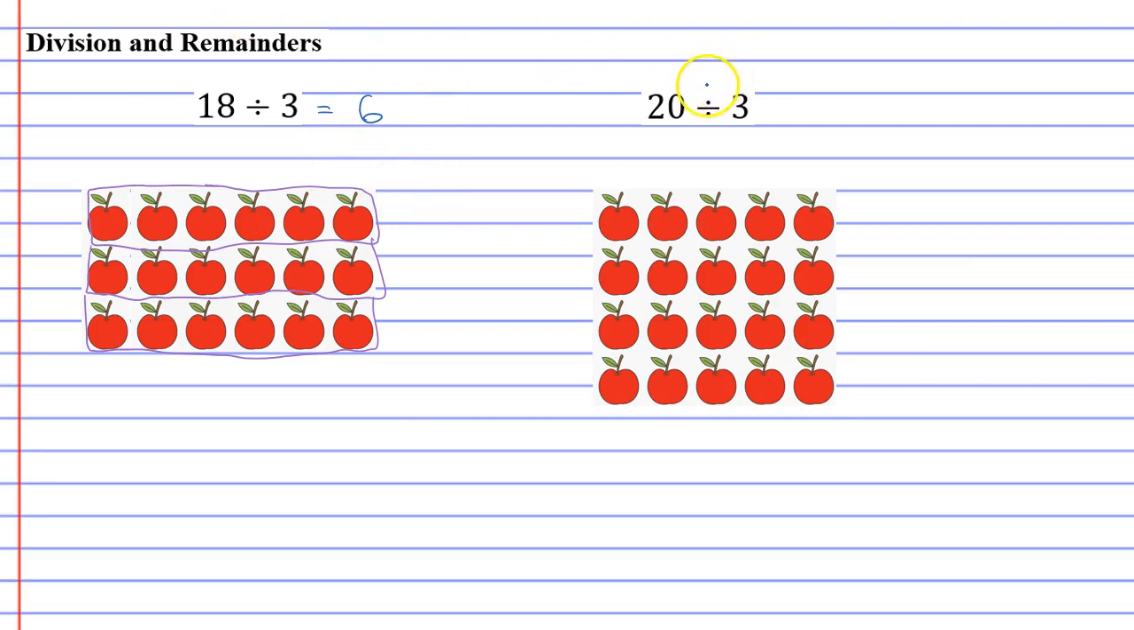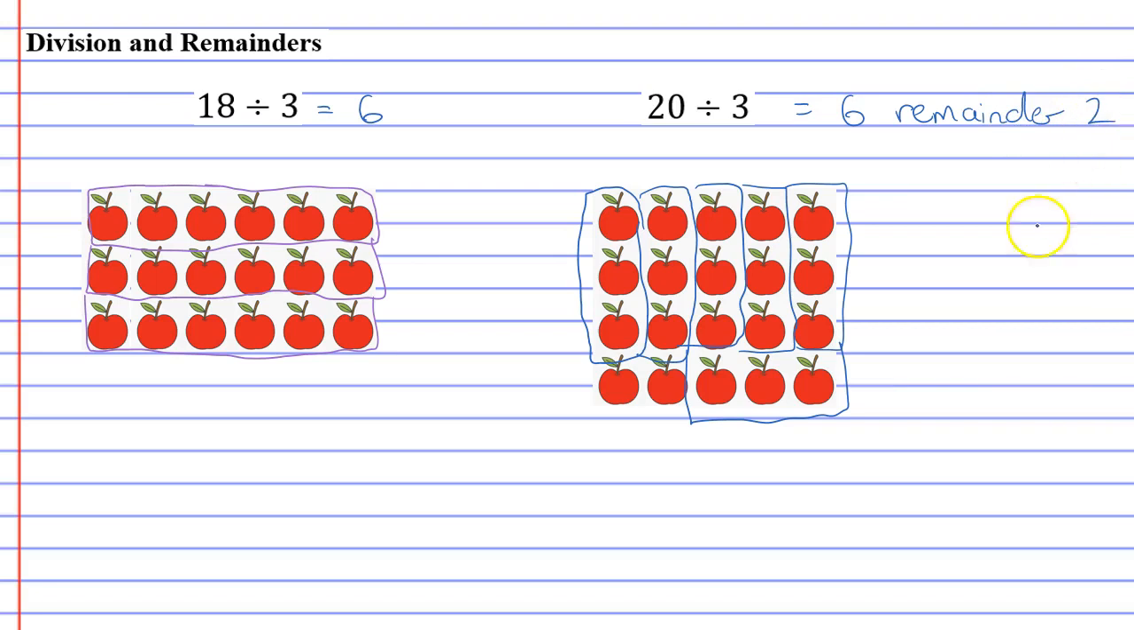Alright, we're going to look at 20 divide 3, and for this one we're going to get what's called a remainder. So I'm going to find out how many groups of 3 I can find. There's one group of 3, a second, third, fourth, fifth, and sixth, and you'll notice that you're left over with 2 apples. So we go 6 remainder